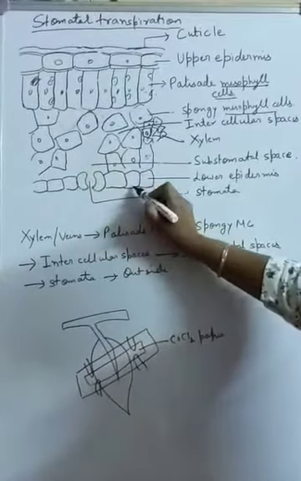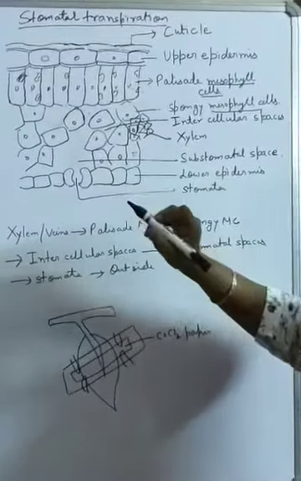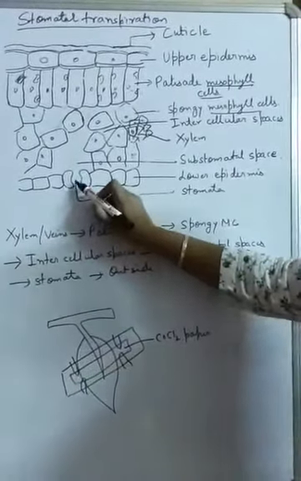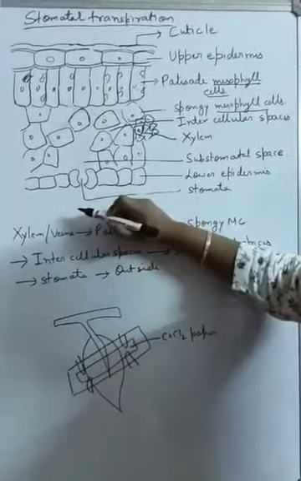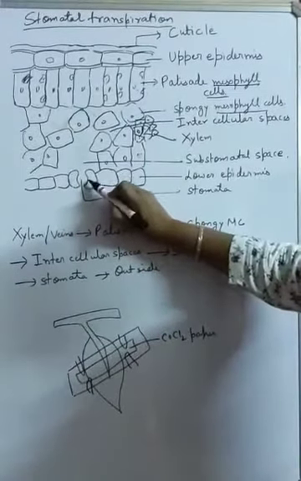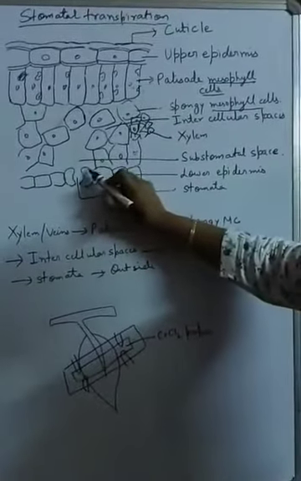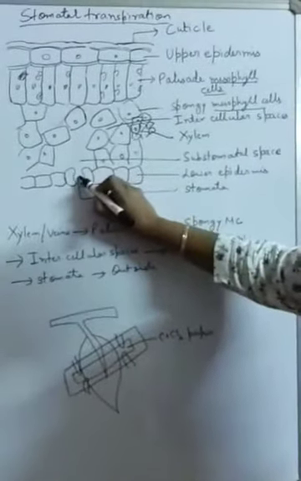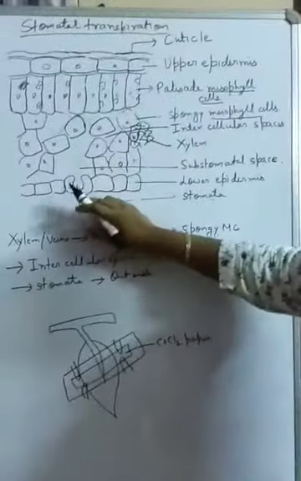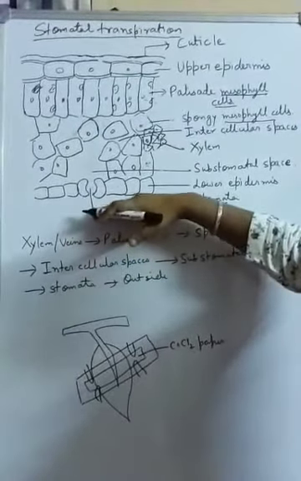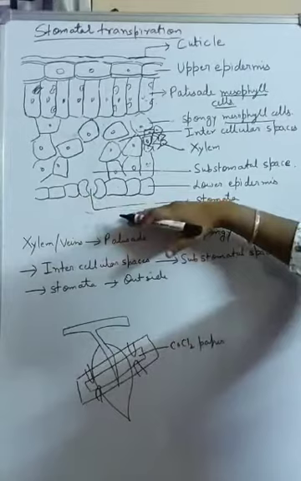Okay. And now the lowermost layer, that is lower epidermis. Now in lower epidermis we are having guard cell, so stomata. So we know transpiration takes place through stomata. Actually some stomata are there in upper epidermis also, and stomata. So we know guard cells are what? They are again specialized epidermal cell only. The epidermal cell they have modified into guard cell, and there is a space in between, what we call stomata, and through stomata only transpiration takes place. Okay. Stomata are more on the lower side, we know, on the lower epidermis. Some few stomata are there on the upper epidermis also, but most of them are on the lower epidermis.